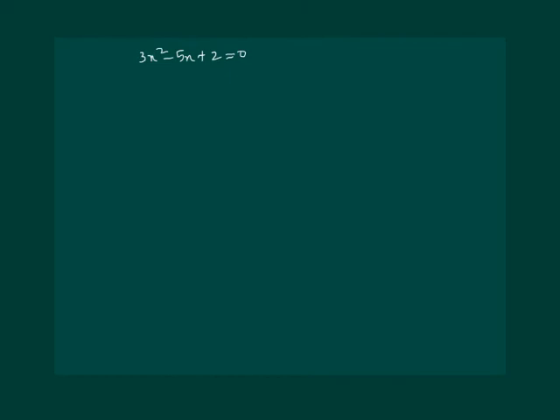Our equation was 3x square minus 5x plus 2, and since the x term was not a perfect square, we can divide the whole equation by 3, which will give us x square minus 5 by 3x plus 2 by 3 equal to 0, which is equivalent to the previous equation and whose solution will be same as the solution